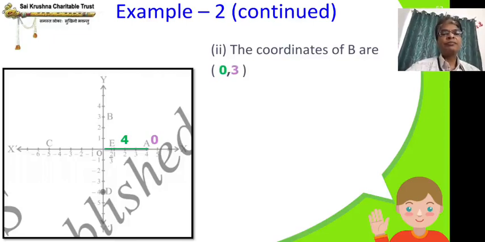Now, let us see C on the left side on the x axis, x dash, O x dash. Good, very good, 100% correct. It is 5 units from the y axis in the negative direction, so minus 5, and 0 distance from the x axis, so the ordinate is 0, abscissa is minus 5. The x coordinate is minus 5, y coordinate is 0.